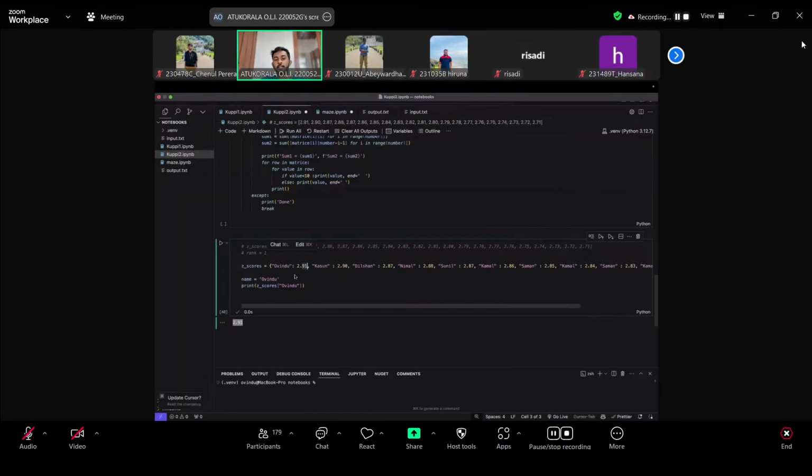Another thing about dictionaries is the value doesn't have to be an individual entry. It can be a list as well. So if I want, I can put the values as a list. It can be another dictionary. It can be anything you want. So it's very flexible. So let's think I want to put this as the value. See, even the value can be a list, can even be another dictionary.